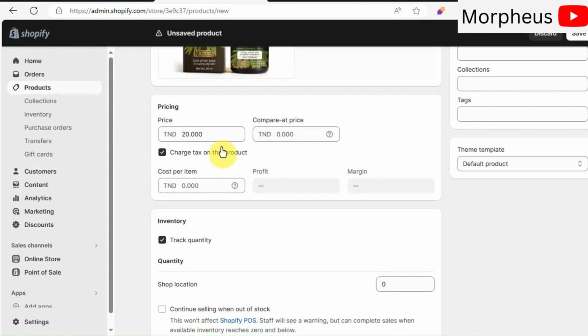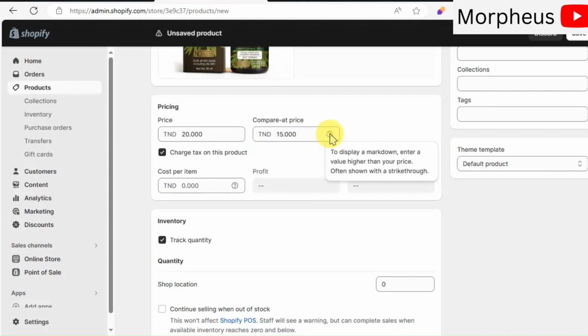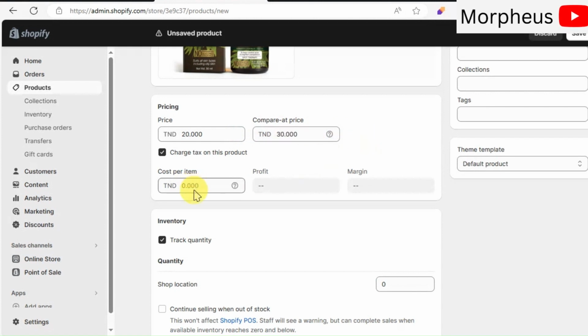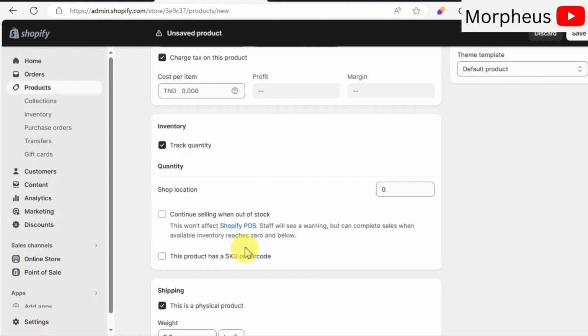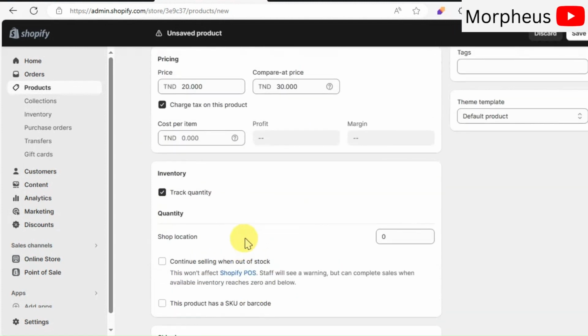So here, you put the price of your product that you're selling. And if you have a discount on that product, for example, you can put the original price of it in compare at price. And here, you can put the original cost of your product. And below here, you put the quantity of your product available in your stock.